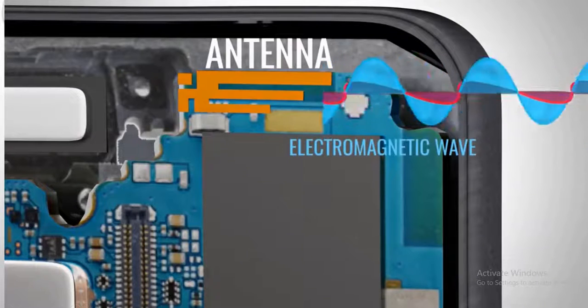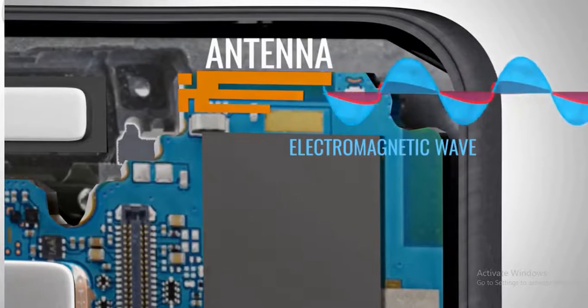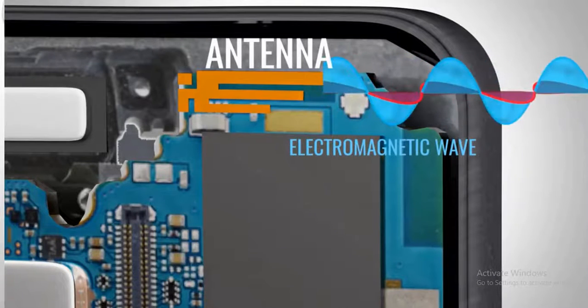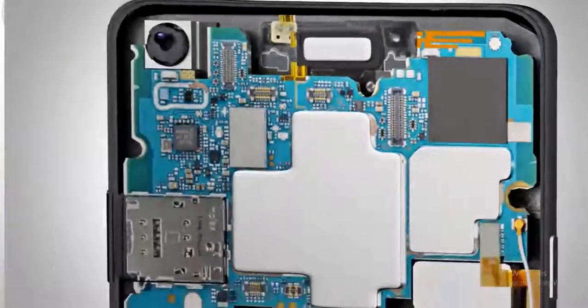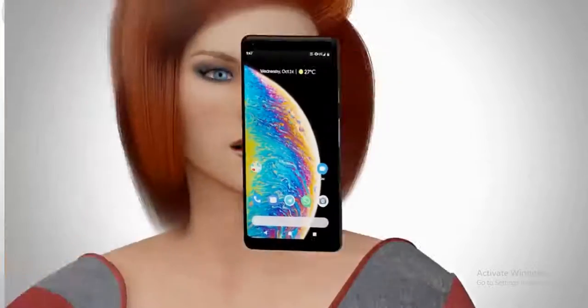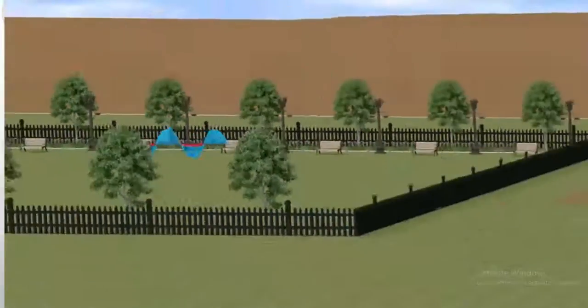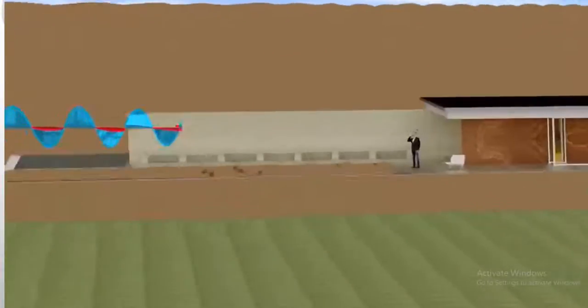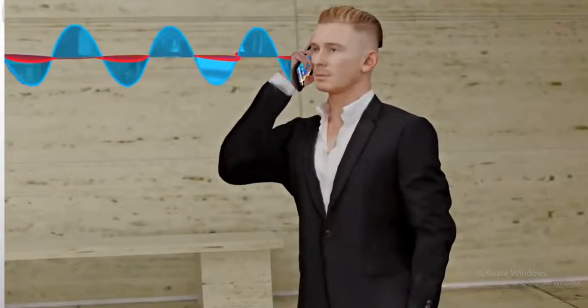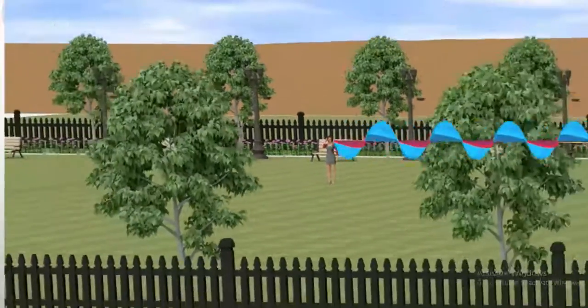So this electromagnetic wave is going to travel, and then your destination is going to be the other user, who is going to receive your signal. This electromagnetic wave is going to take your frequency modulation. So 1 is taken as high frequency, 0 is taken as low frequency, and we have ring the call. This electromagnetic wave travels and reaches your destination user. There, the destination user is going to get your information.